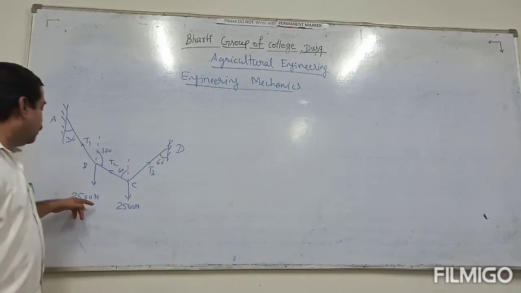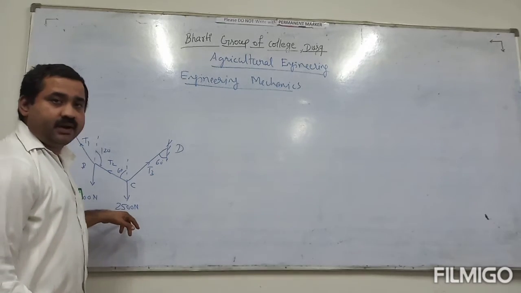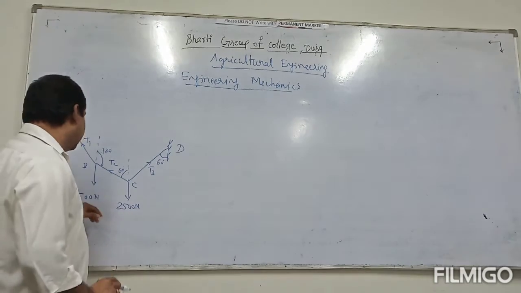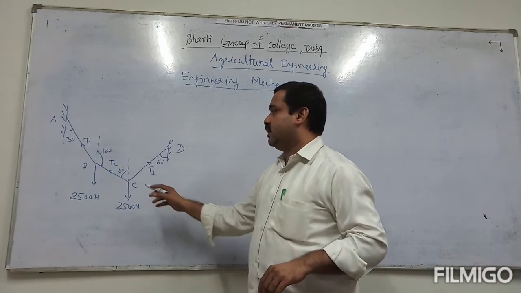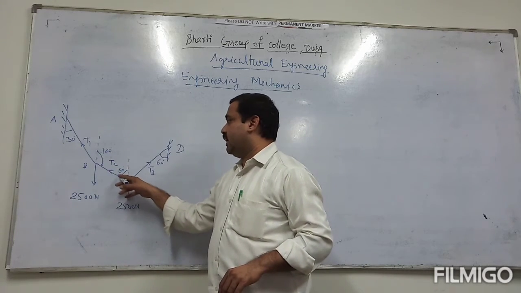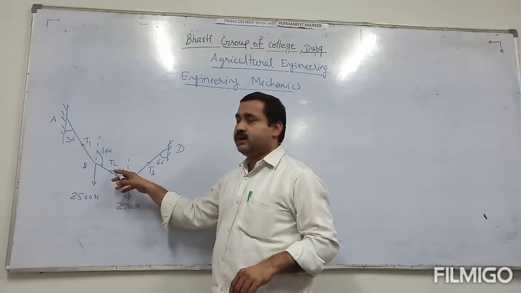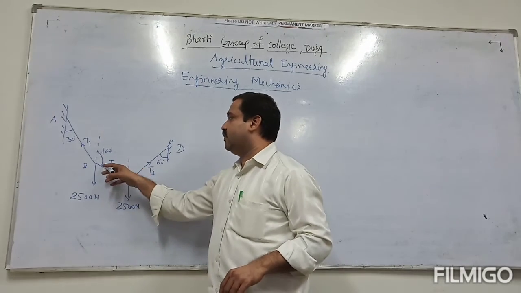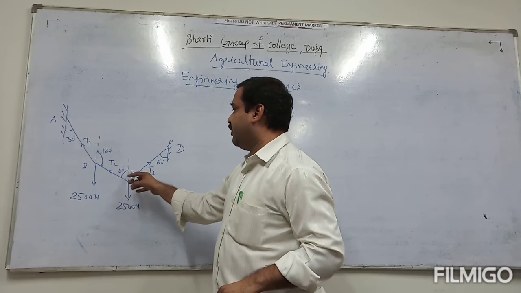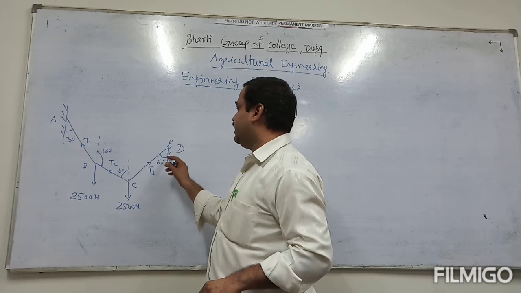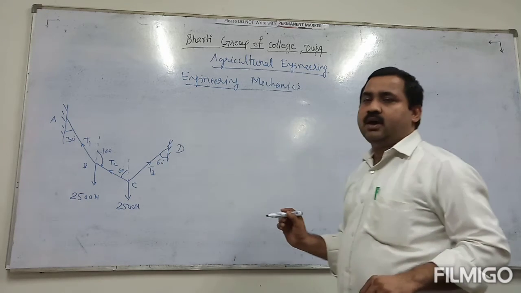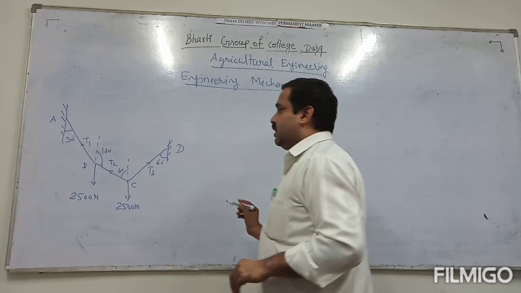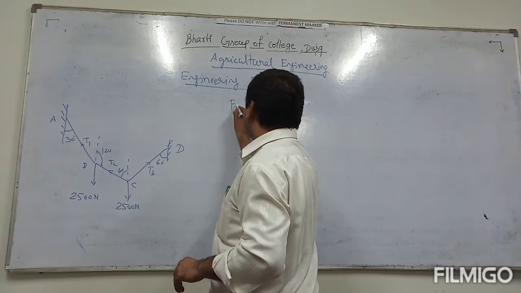Then two loads of 2500 are there at points B and C. The angle of tension T2 with vertical is 120, and at point C this angle is 60, and the angle with the vertical wall is also 60. Now we have to make the free body diagram of